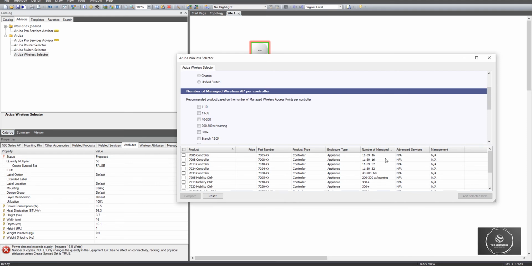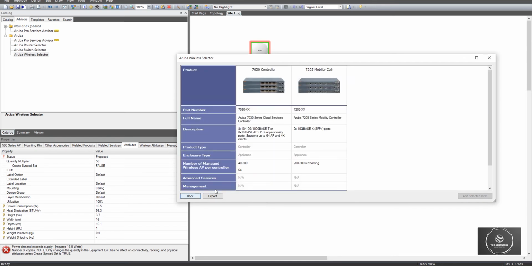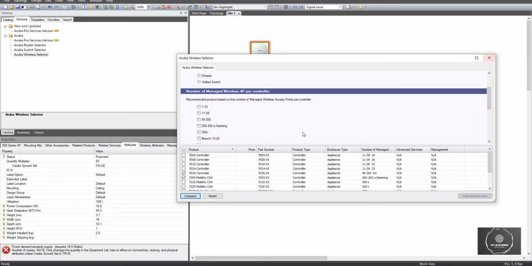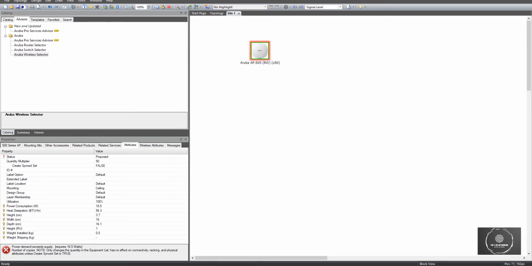Like how many access points will each controller take? 16, 16, 32, 32, 64. So if it is 128, I have to go to 7205. So you can just get your choices from here as well. You can also compare. Like we'll compare this to compare. So you will get the details over here for the controllers, right? Great. Now